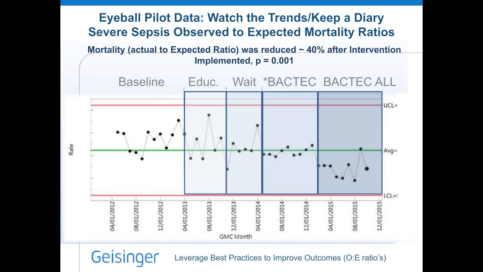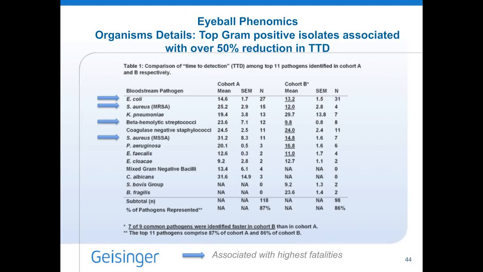After I saw this trend, and you don't need to be a biostatistician to see this trend, all you need to do is have a bar chart and a calendar and bucket your categories. Then you go into each of the buckets, starting with our wait time, when the education was performed and the hardwiring was taking place, which was not statistically different from each other, but looking at the changes in the BACTEC versus this historical information, and then taking those data points and doing statistical comparisons and graphs based on the buckets of information you have from the trend line.